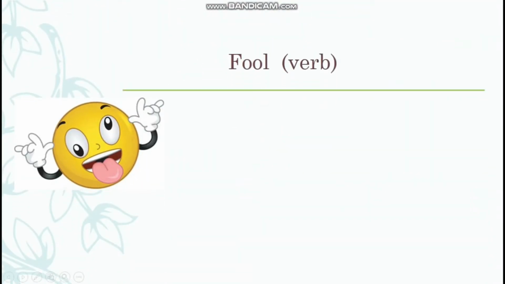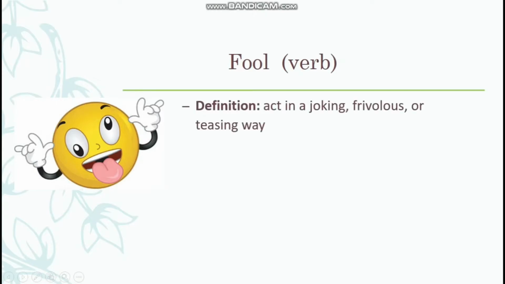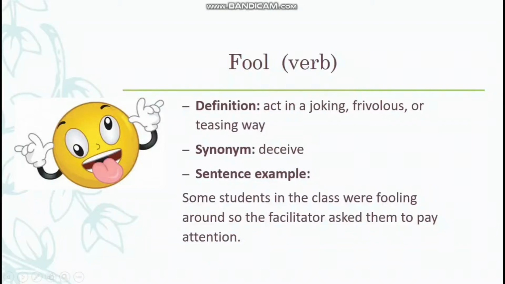The definition of the word fool as a verb is to act in a joking, frivolous, or teasing way. So this is acting in a manner that is supposed to tease others. And a synonym for the verb fool is deceive. And as usual, last but not least, we have the sentence example. Some students in the class were fooling around, so the facilitator asked them to pay attention. So this is the word fooling, and here this is the verb we're fooling. Continuing,